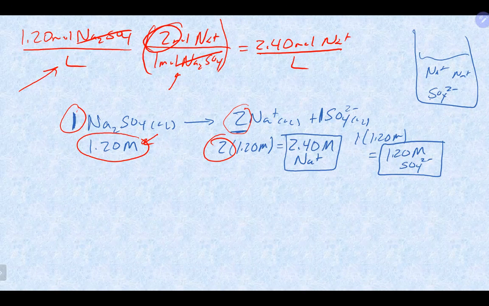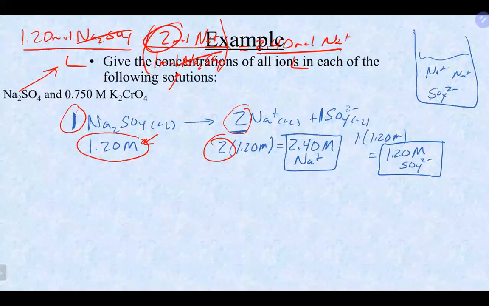It's okay if you do the short version, but you do need to show something maybe like 2 times the concentration or something like that. So I understand I know how to get that number. Other questions on that? Okay, so let's take a look at the other guy, which was in this case